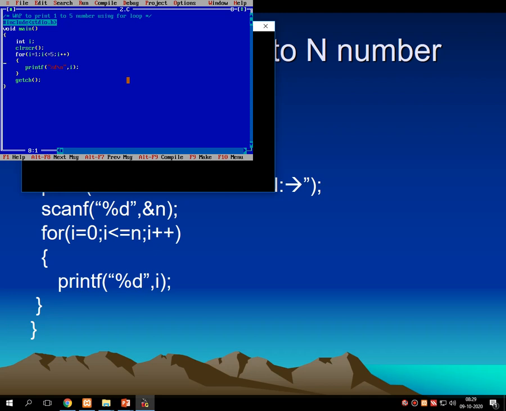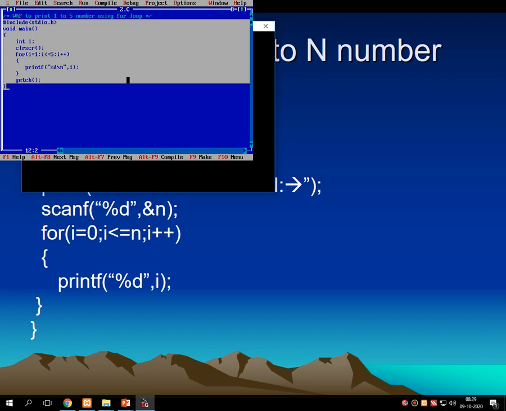So now what's your task is just compare the total number of lines which for occupies in the editor of C. I can see that there are 12 lines, right? Over here it is mentioned 12. Now just go into the program of 1 to 5 number using do while loop, or you can say the while loop, and count the number of lines occupied by that particular program. 110%, that count is greater than this particular count.